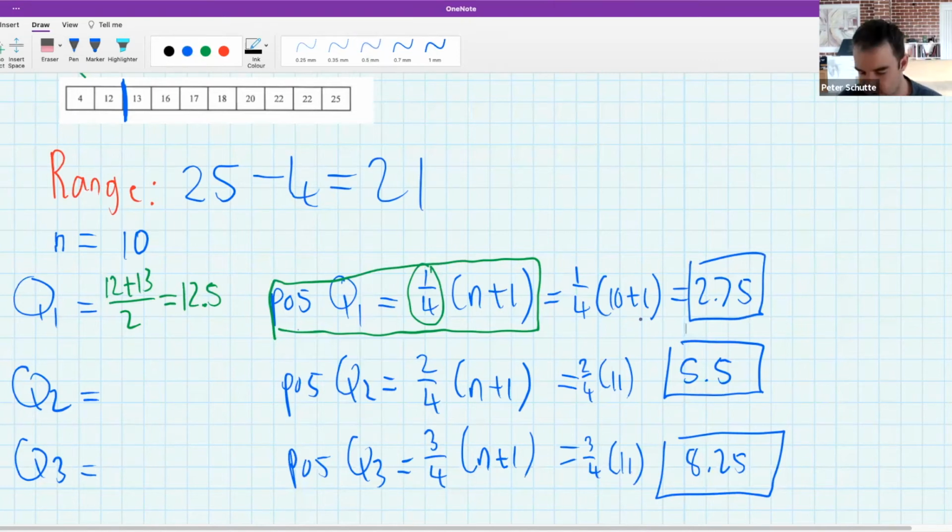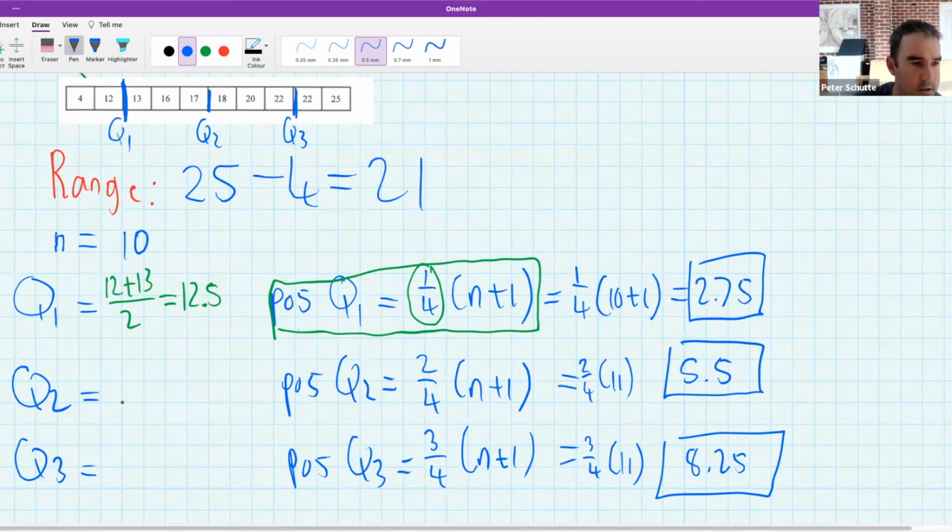So we've got some positions. I want to know what are the actual values of these things. So position 5.5, there's the fifth one. It's going to be between the fifth and the sixth one. So this was Q1. This is going to be Q2, 7, 8,